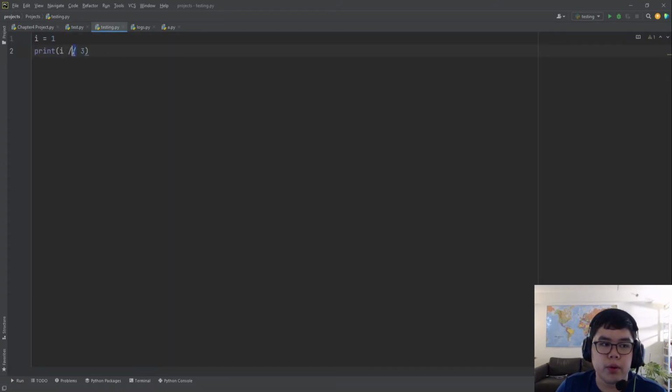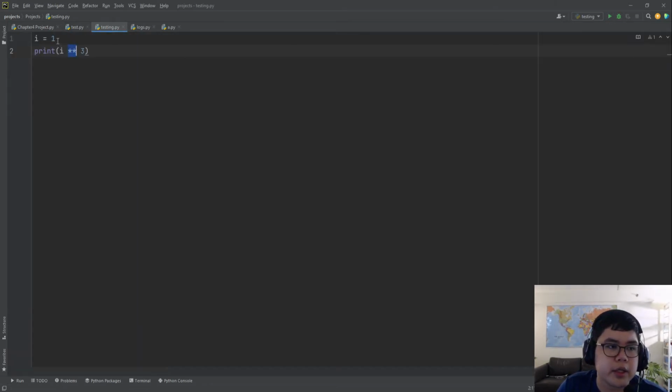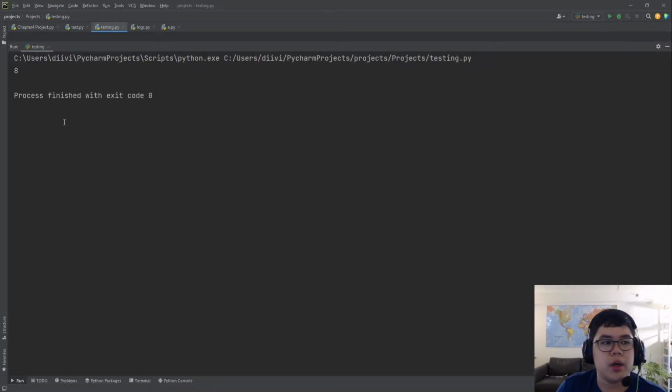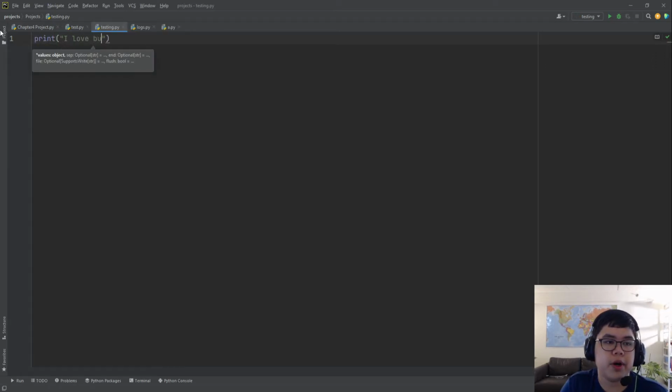And then when we do exponents, which is 2 asterisks, it'll give out 1, because 1 times 1 times 1 is 1. But let's try another number, let's say 2. That'll be 8. So that's the numerical operations, and you can also use these in strings as the times and the addition. So I say print, let's say "I love burgers", and you can use a plus to add another string,